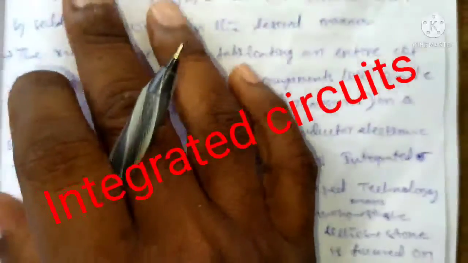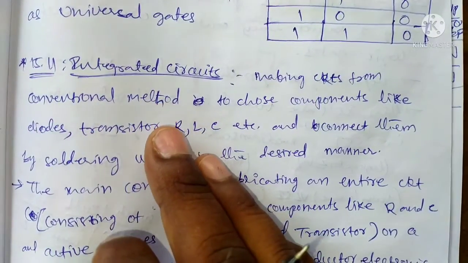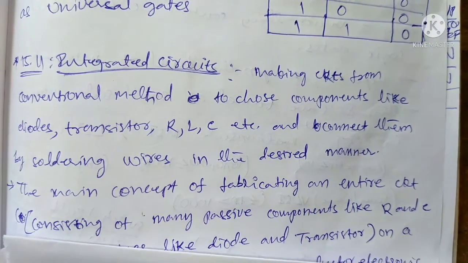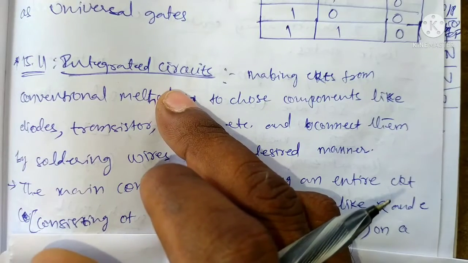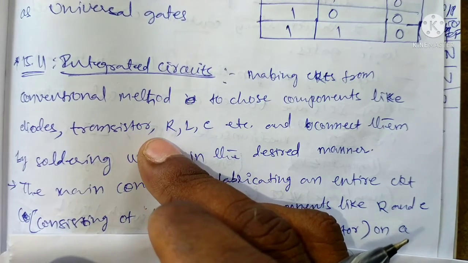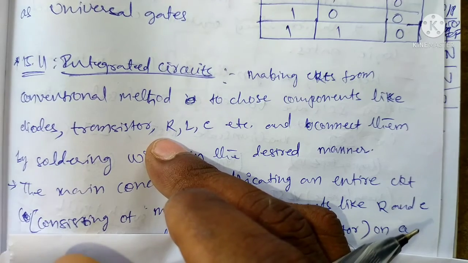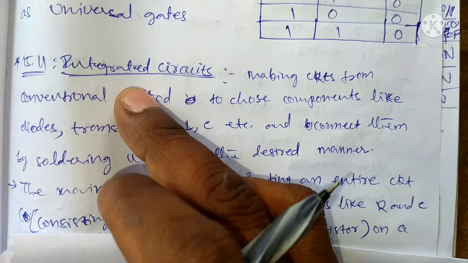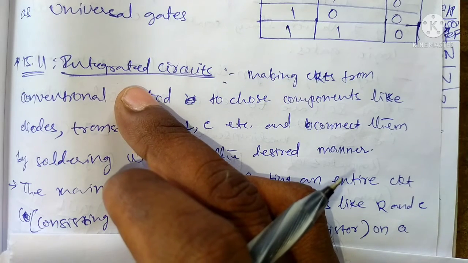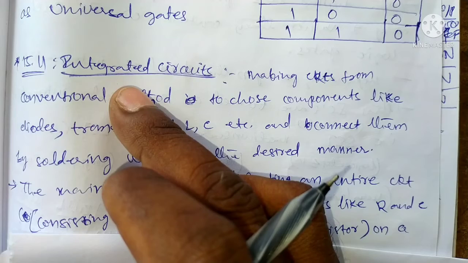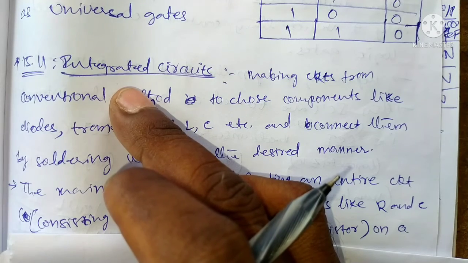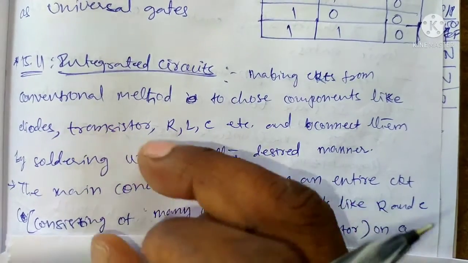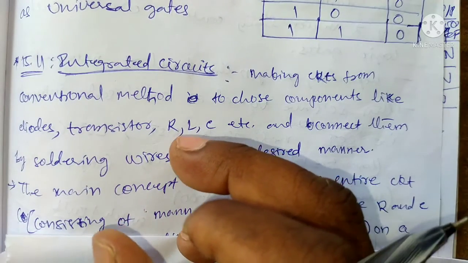So now let us discuss integrated circuits. Integrated circuits have main advantages compared to discrete components. Integrated circuits are developed using components like diodes, transistors, resistors, inductors, and capacitors. Mainly, integrated circuits are used in industrial or engineering applications, like DRDO, BARC, and DAE. These use chips. Integrated circuits have less size.